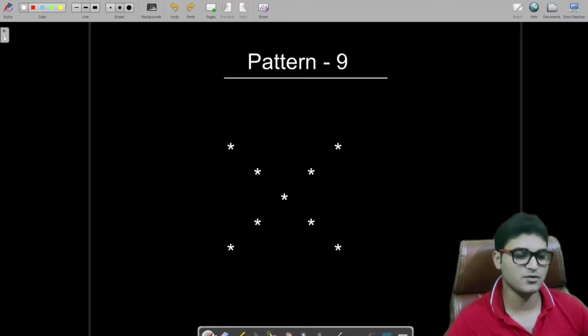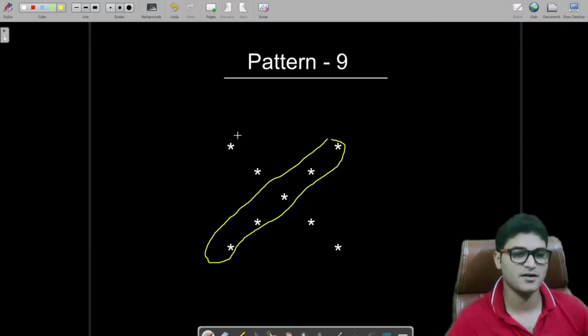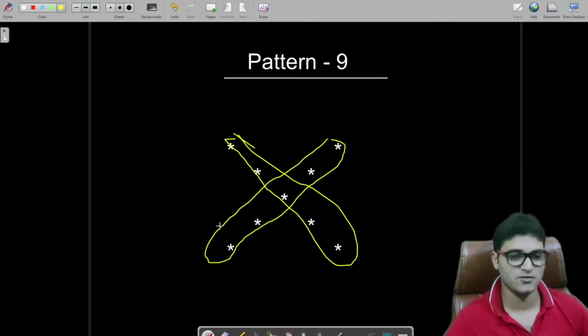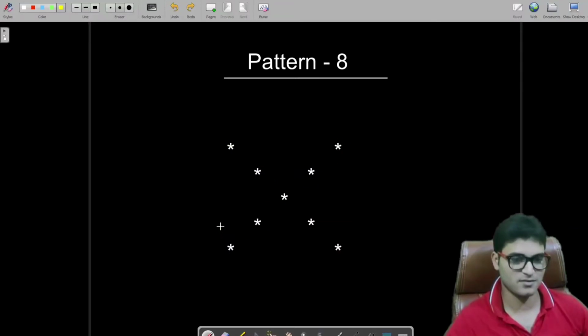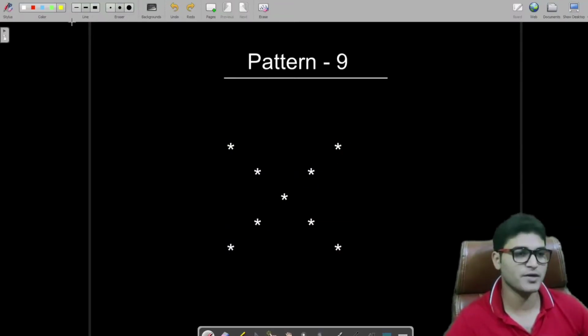So we need to think about the logic for printing this kind of pattern. It's a bit tricky, and you already know that we have already printed this pattern in our pattern 7, I think, and also, sorry, this is the pattern 8 and this is the pattern 6 which we have already printed. So it's a combined one. So we need to think about combinedly how we will be able to print this.